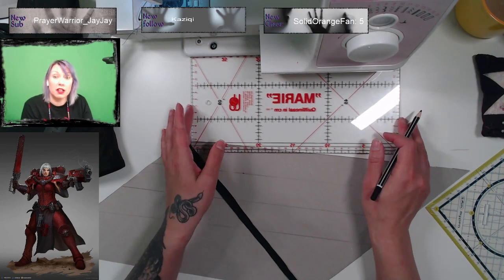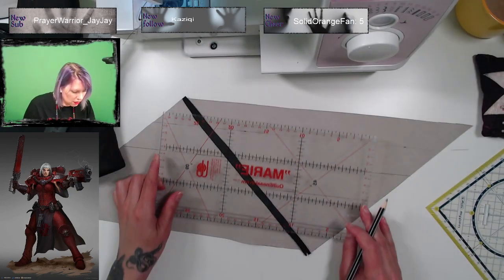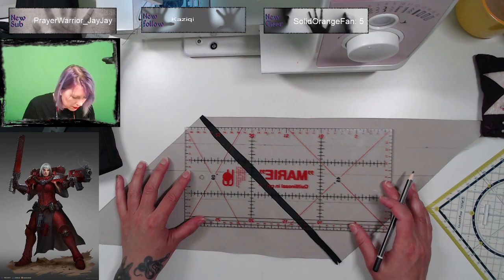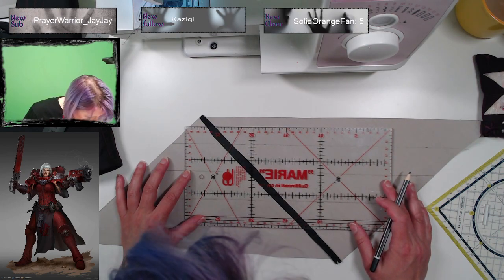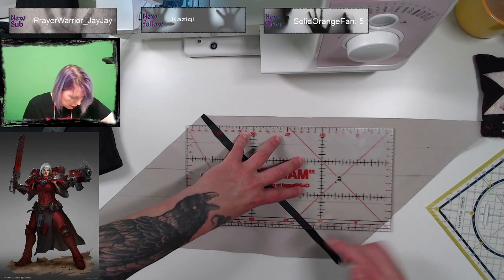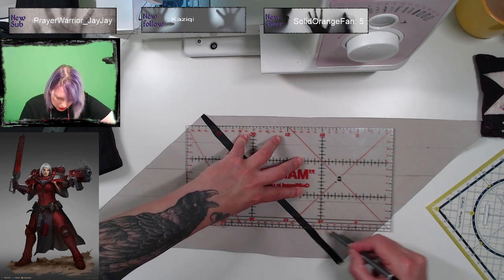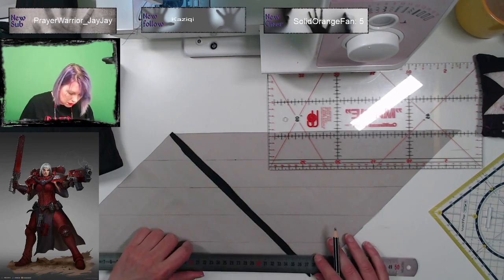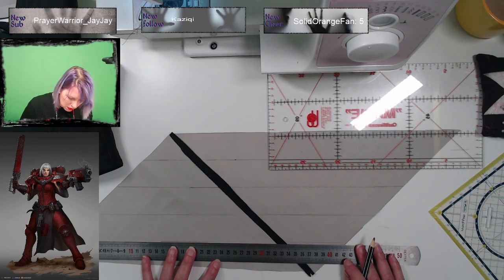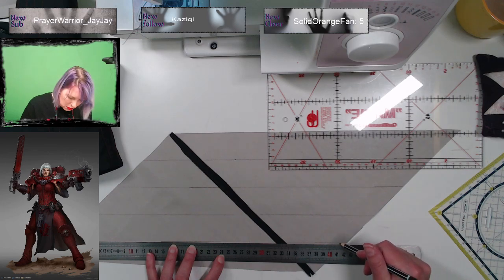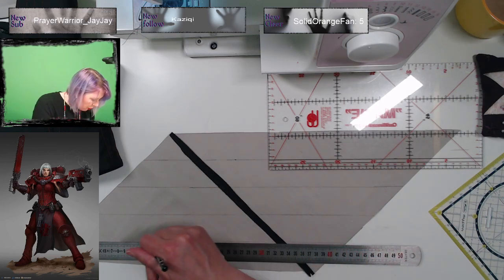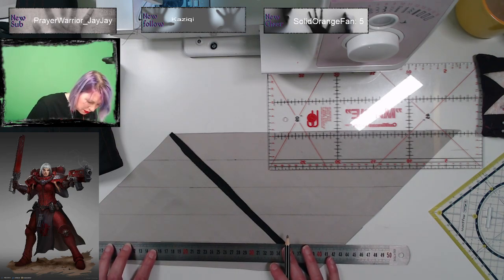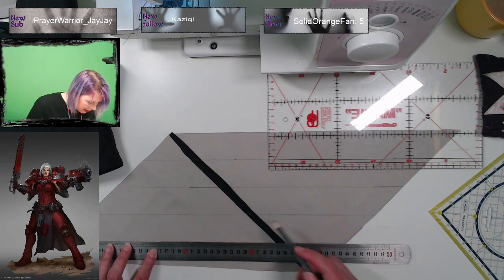Can I get another one out of there? That's the question. Now I know from last time it was enough, so now I don't have to worry about length.